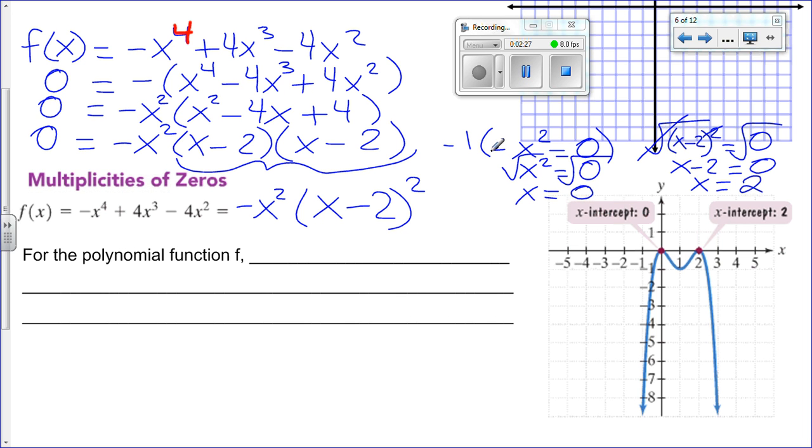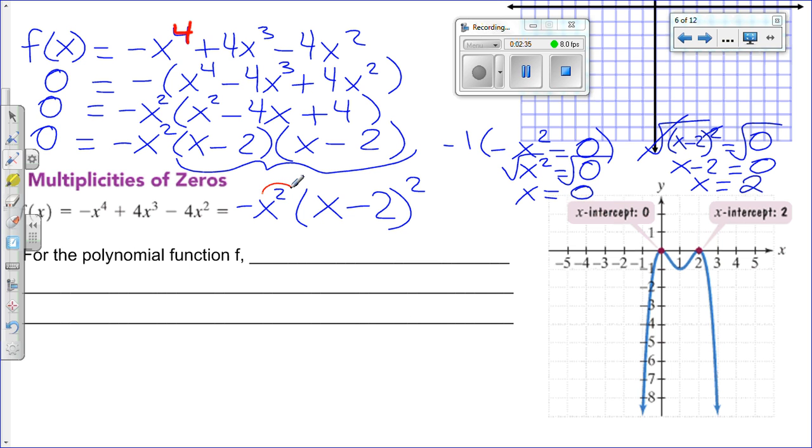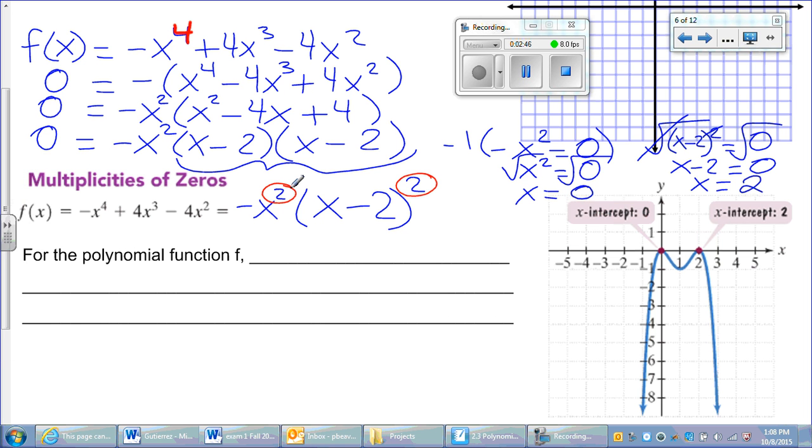at most 4 zeros. Now, what I want you guys to look at is the degree of the factors that we have here. So this factor has an exponent of 2, and this one also has an exponent of 2. So what I want you to write next is a little definition, and then we will talk about why the graph looks that way. So for the polynomial function f,